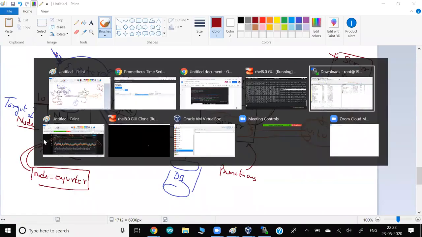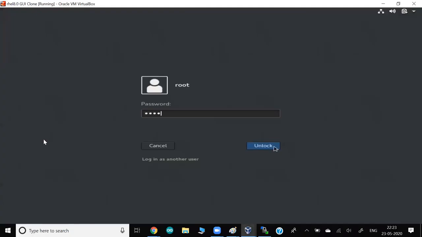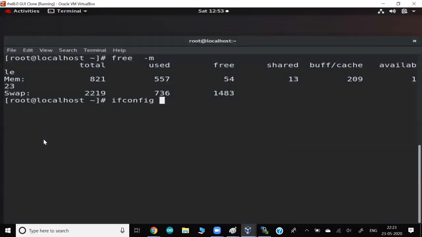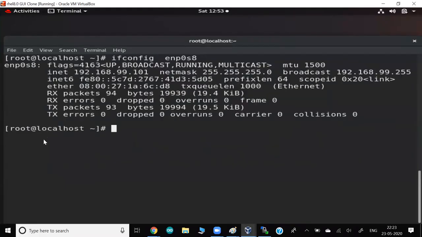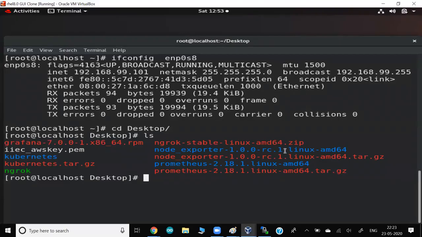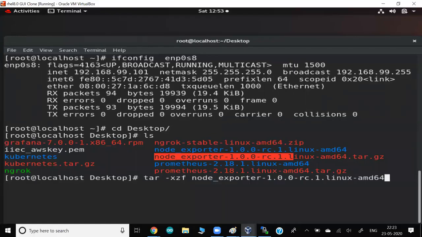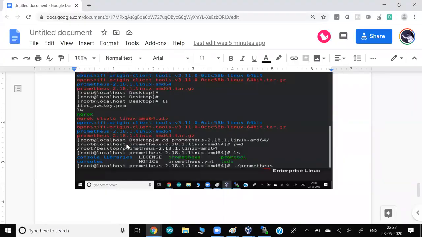So what I'm doing right now, I'll go to the system at IP 101. One minute. My network card is 8.101, and here in my download folder I have copied this particular software, node exporter. This is my agent program, or my exporter. What you have to do is just extract this. How to extract? tar -xzf, then node exporter. That's all. You have to run this, and I have already extracted it, so I'm not running this.